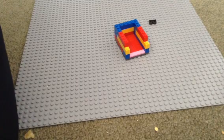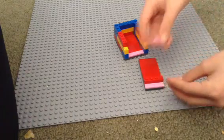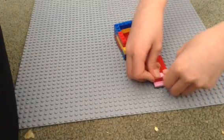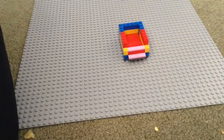You want to replace those two bricks with these pink stairs. So just let me grab some of those and place them right there, like so. Then you want to place that back in, and voila. Then you want to grab another big long piece,